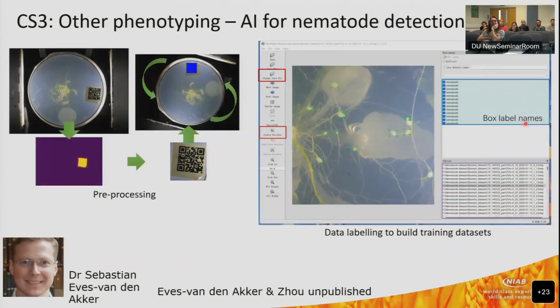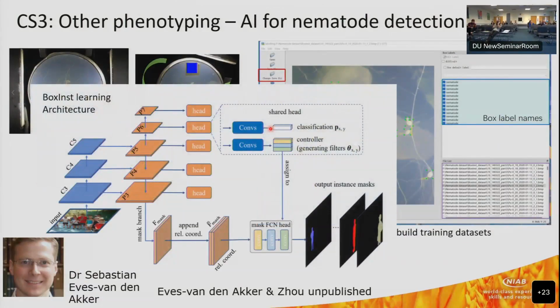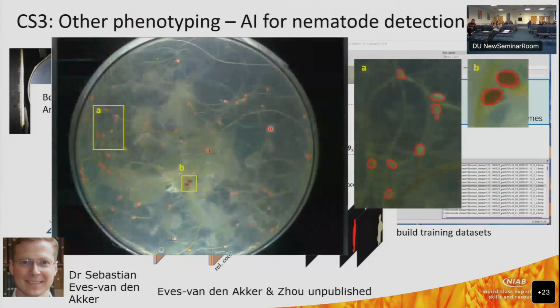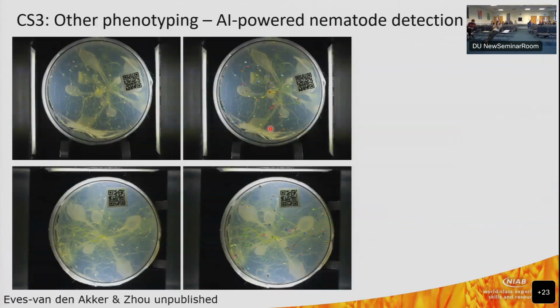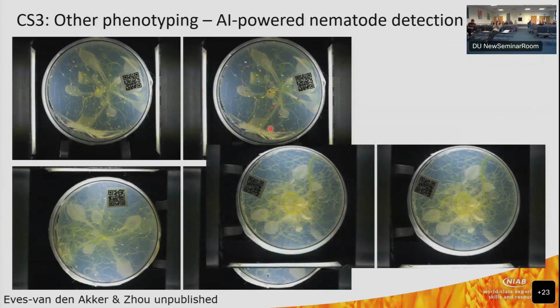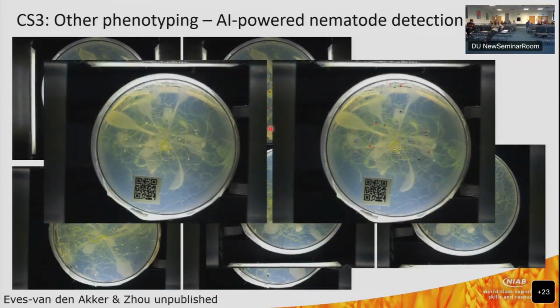Yeah, so basically using AI to detect the nematodes. You can see right here we're using a combination of instance segmentation plus semantic segmentation methods, and you can see that from a very complicated background, we can get these nematodes out and quantify them with morphological and also spectral features. You can see on different experiments, these nematodes are big. Even though the background is very, very complicated, we can still easily detect these